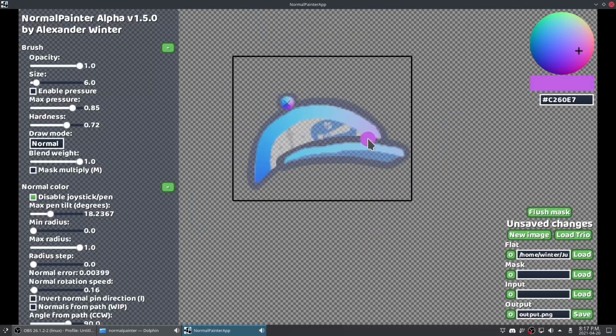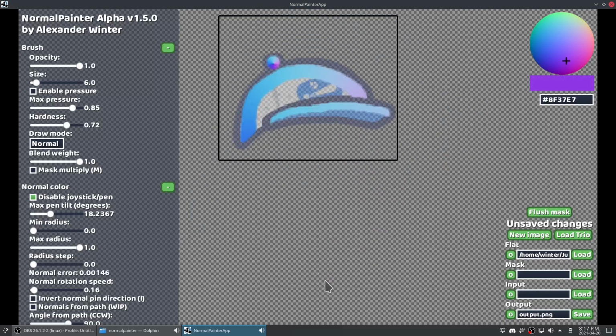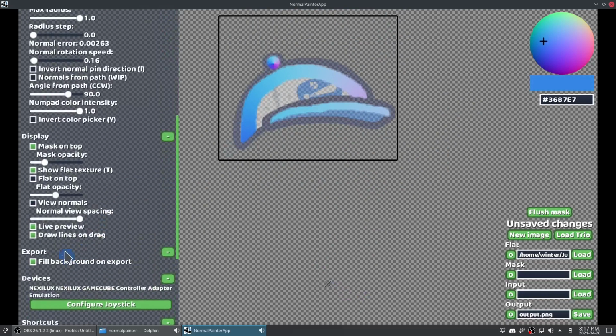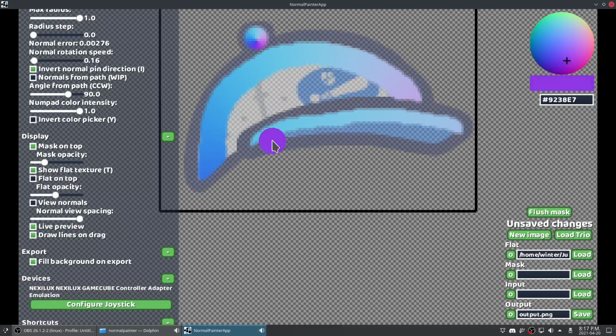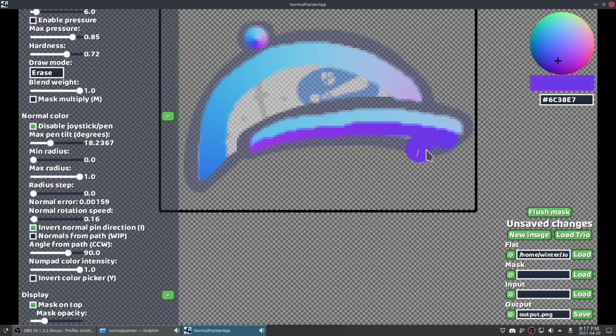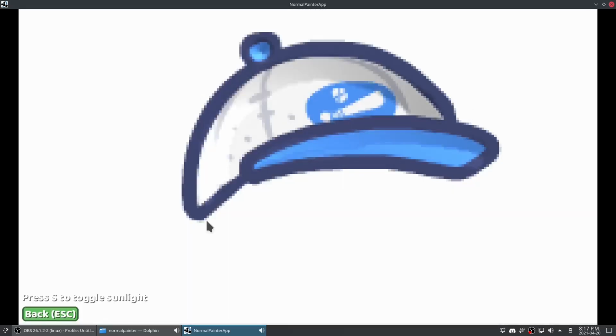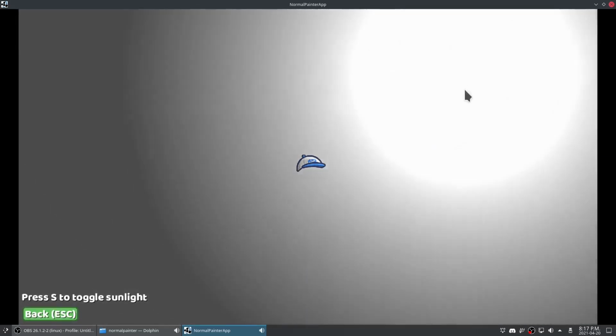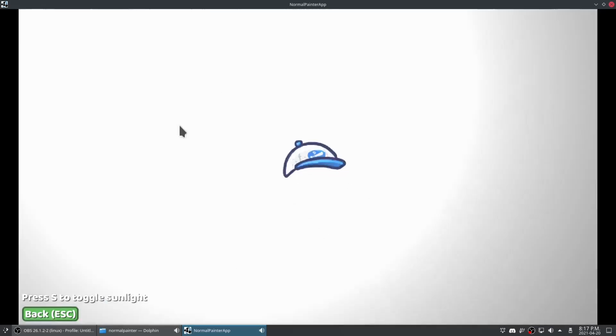I have a bottom section, I think. Still have my, no. Here, I'm going to set another pin. Now I'm going to invert the pin direction. And then I want this behind. Yeah, like this. Then I'm just going to erase everything that's extra, maybe not too much. Like this. Like this. And yeah, how does that look? Not the best normal map we've seen, but hey,